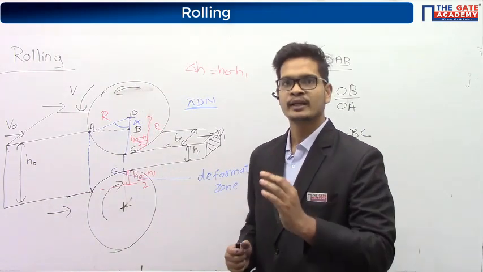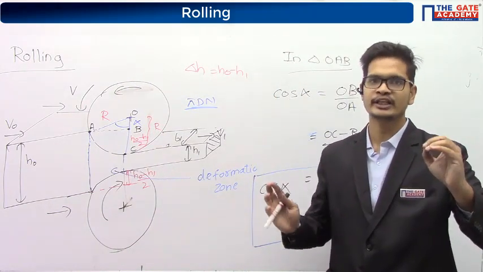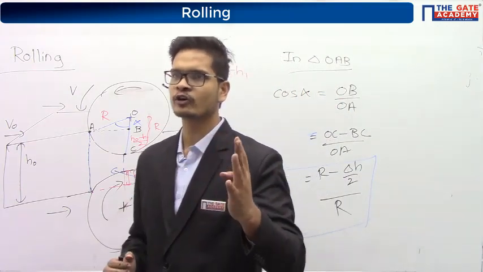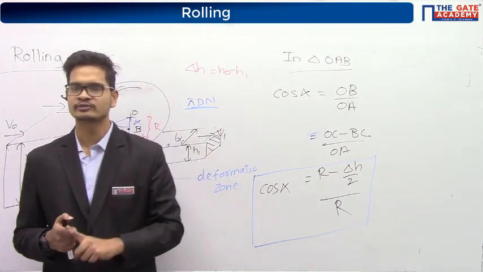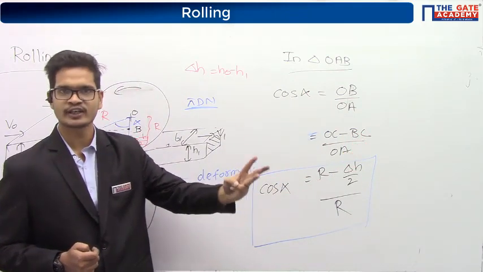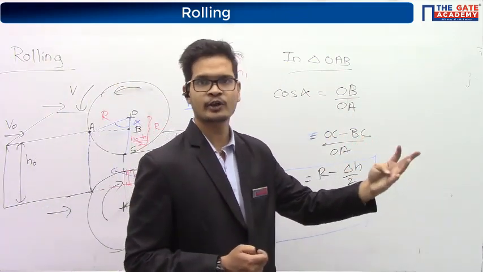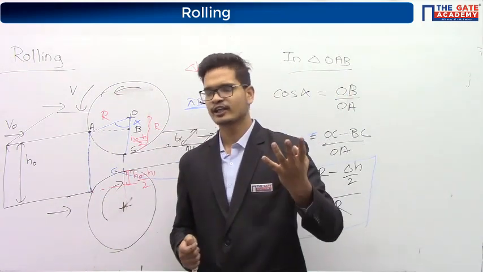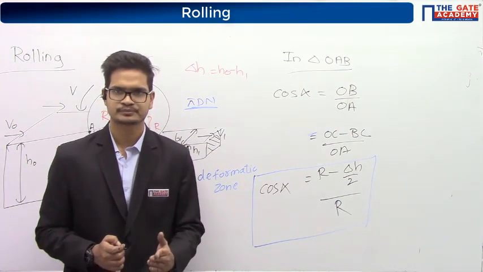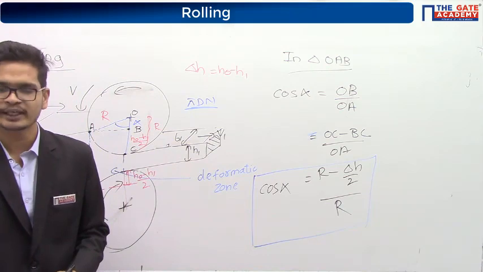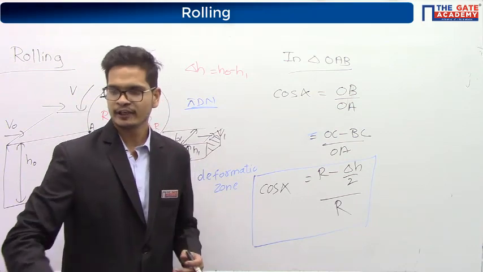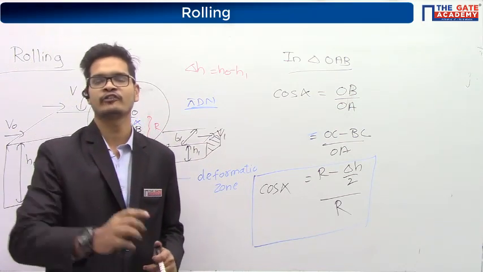Why? Because annealing as a broad term has different meanings. There are total 4 or 5 types of annealing. One is called full annealing, then we have recrystallization annealing, then stress relief annealing, then spheroidizing annealing. If they are just saying annealing, it means they are talking about full annealing. Since in the question they have mentioned both annealing and recrystallization, recrystallization is the most appropriate answer. If recrystallization was not there in the option, then annealing would have been the answer.